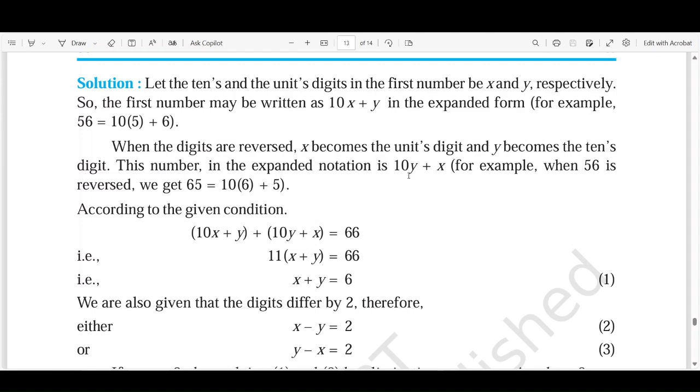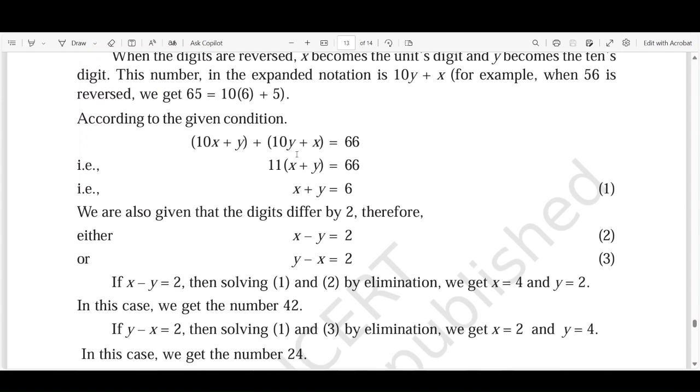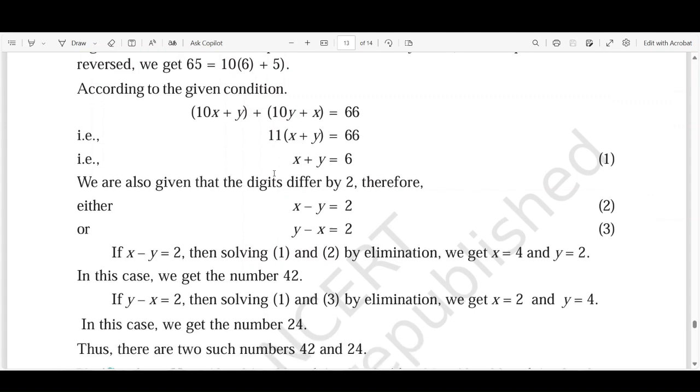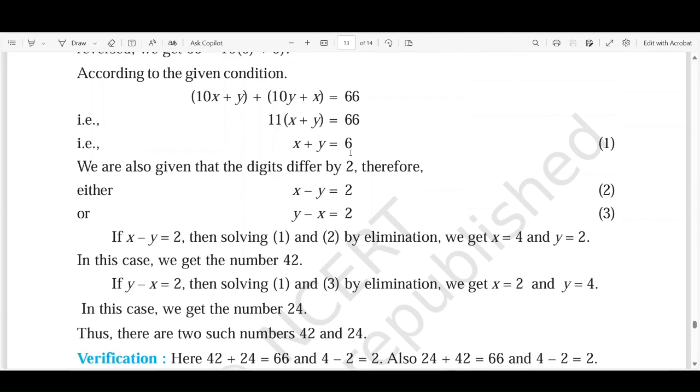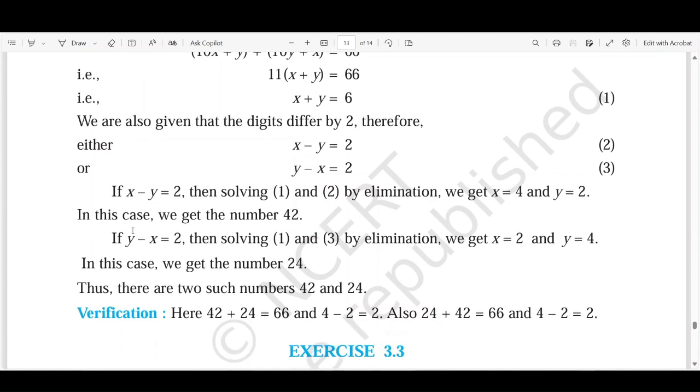Here they have mentioned that we have to add this number with its reverse. So reverse digit will be 10y plus x. Clear? So if we add these two numbers, 10x plus y and 10y plus x, they have given the sum to be 66. So if you simplify this, you will be resulted with x plus y equal to 6. And also they have mentioned that the difference between the two digits is 2. That is x minus y equal to 2. They have mentioned only difference. So it can be x minus y or y minus x. So if we take x minus y equal to 2,